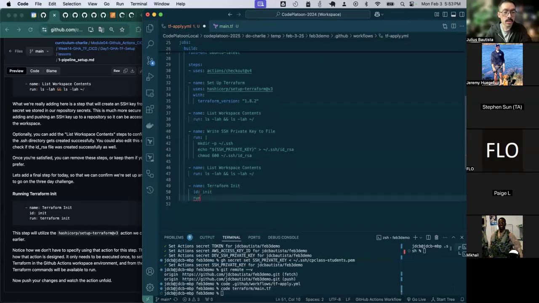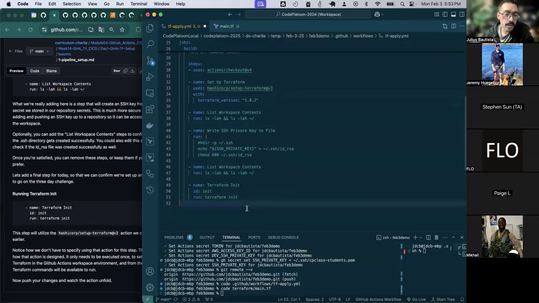So we're basically running the Terraform command, which we have access to now that we've used setup Terraform, and